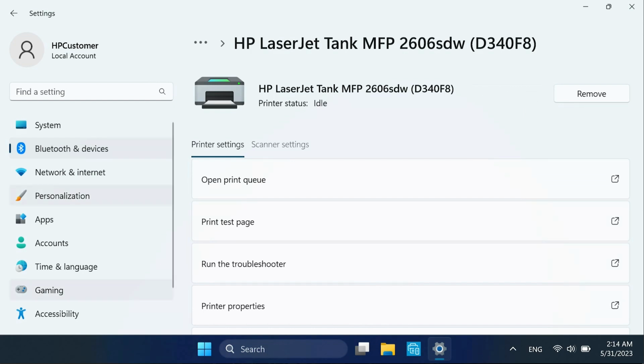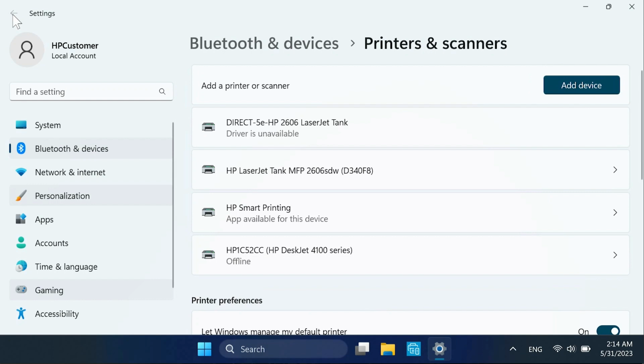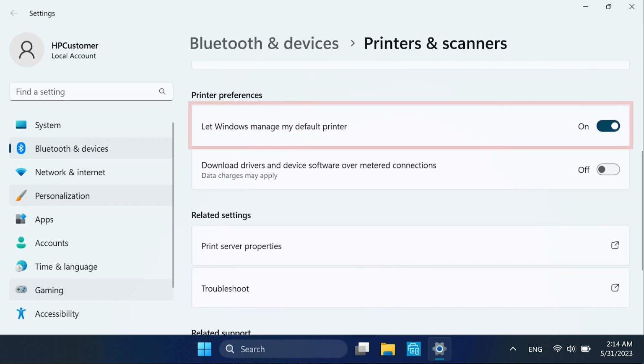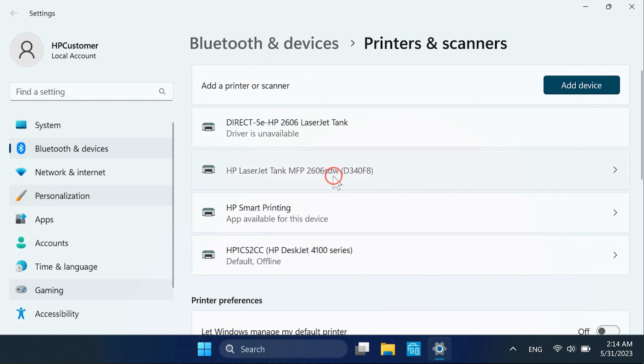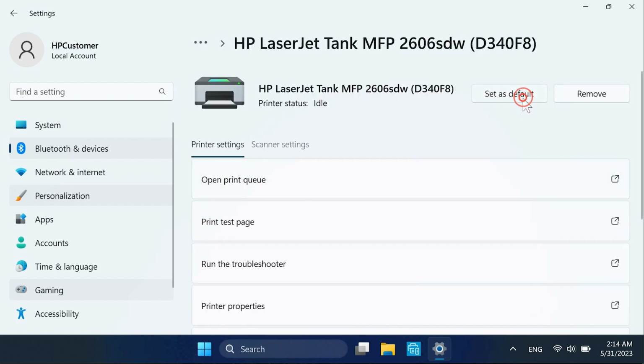If you do not see the Set as Default option, go back to the Printers and Scanners menu. Scroll down and make sure the toggle switch next to Let Windows manage my default printer is set to off. Once this option is turned off, select your printer again, and the Set as Default option should now be